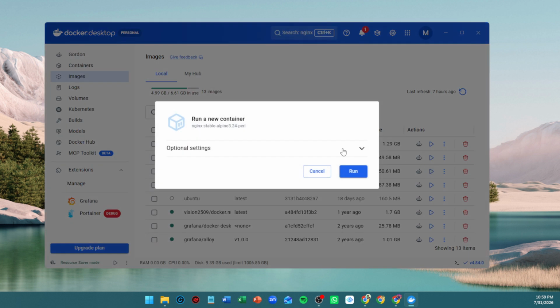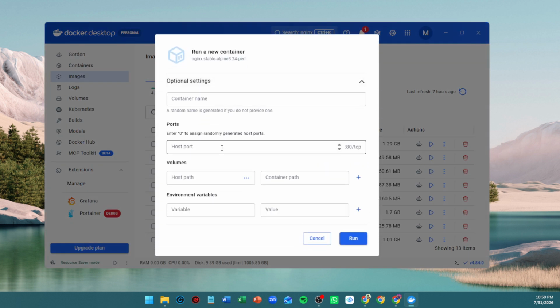This section gives you more control over how the container behaves, and it's where we'll set up the name, port mapping, and file connection. Find the container name field and enter a simple name, such as My Web Server. Giving your container a clear name makes it easier to recognize later, especially if you end up running multiple containers. Next, look for the ports section where you see 80/TCP. In the empty host port box next to it, type 8080. This maps port 8080 on your computer to port 80 inside the container, which is the default port Nginx uses